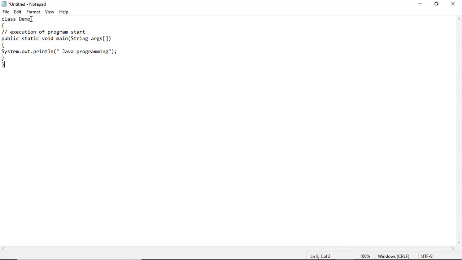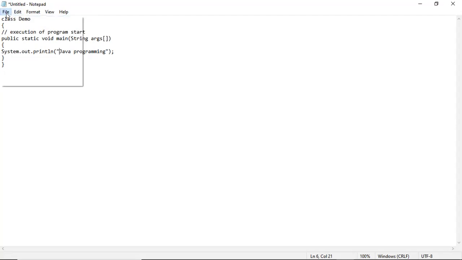Now here, this is the class name. This is where the execution of the program begins. Now, what do you mean by this System.out.println? It will print whatever you write within a double quote. It will show you on the screen. So if I ask you to print in Java, which method or which instruction do you use, what are you going to say? You are going to say that we're going to use System.out.println.